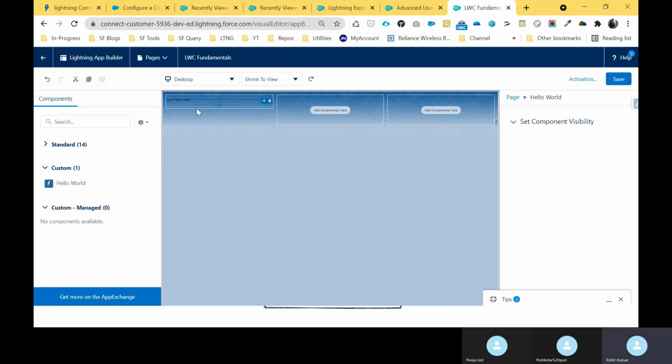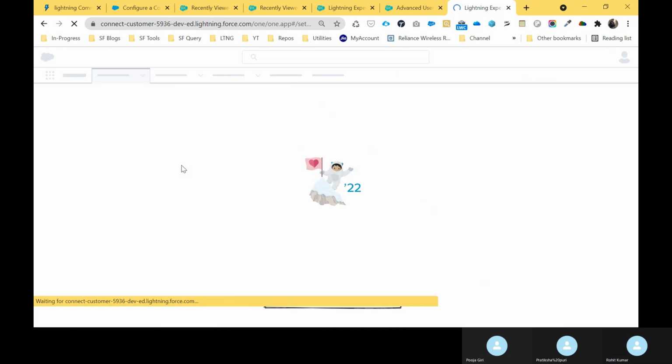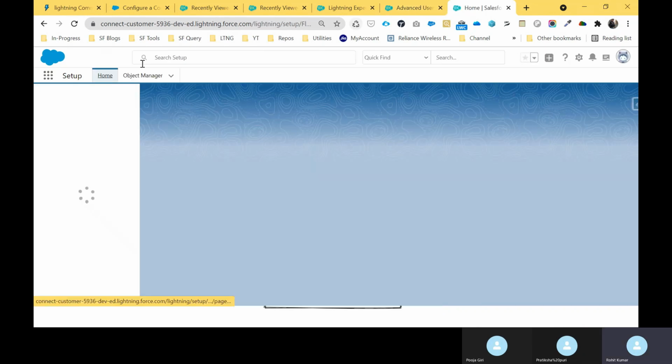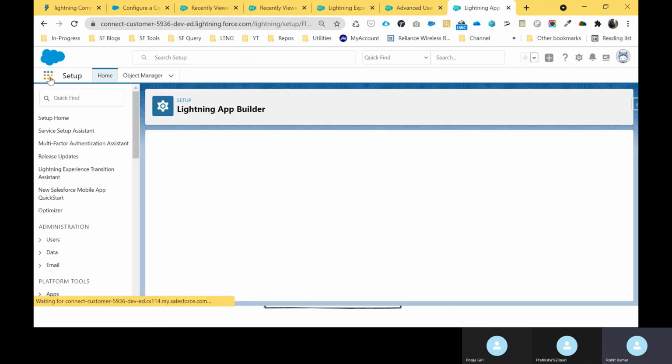Once you drag and drop, you have to save this one, and we have already activated this page, and it's time to go back. Just go back, and you can see the output under my application. Which application do we have?